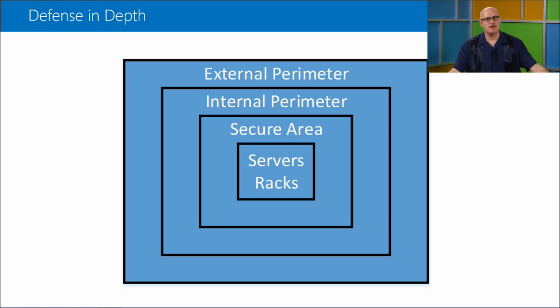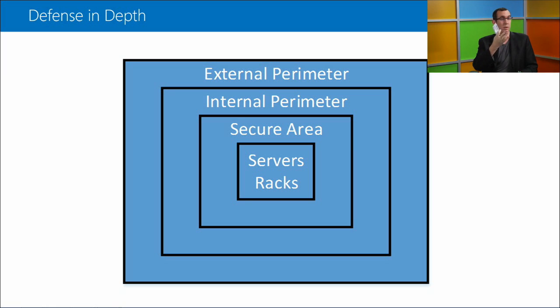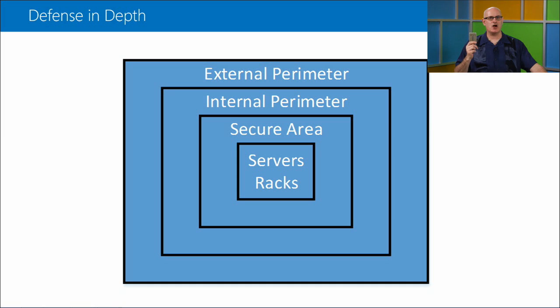Defense in depth. So, external perimeter. Can somebody even get on the property that your servers are hosted in and get in the building? Step one: security cards. You may already use them. You have your security card, you swipe it, and it allows you to get in the building. So now we have one level of security, an external perimeter security.